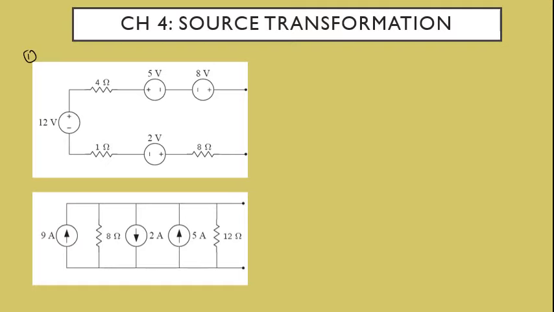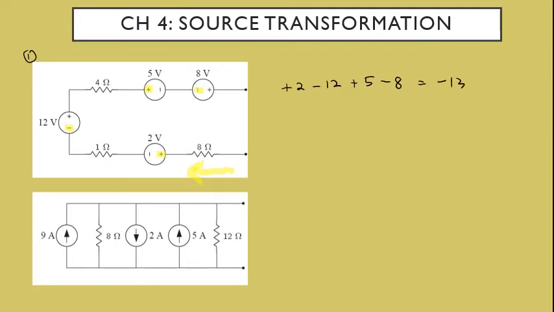By looking at the current direction going to the left, you will see the positive side first: positive 2, then minus 12, then plus 5, and then minus 8. You do the math: plus 2, minus 12, plus 5, minus 8, and then you will get